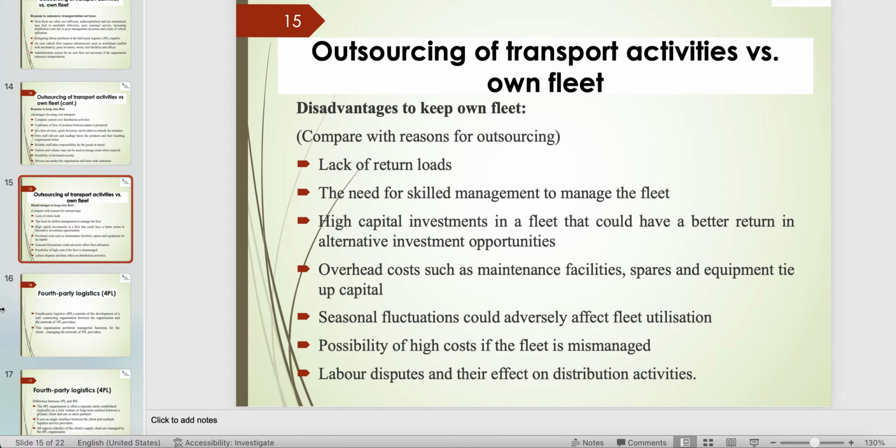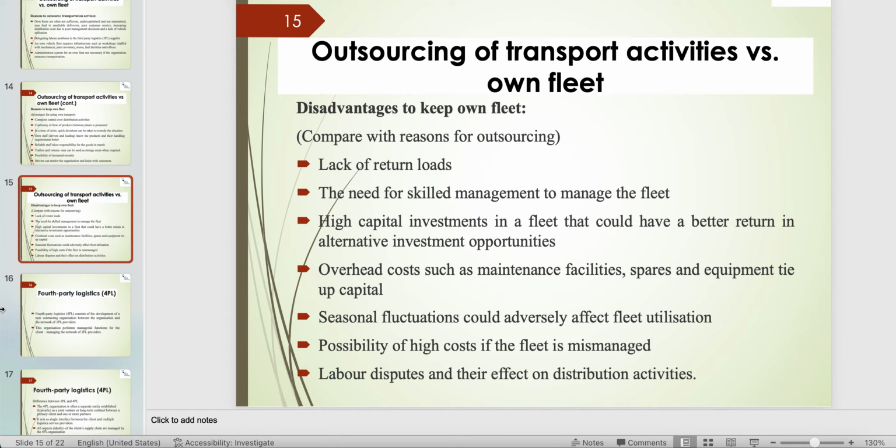But disadvantages, again, you need skilled people, people who are expert in logistics or in driving, and it needs capital investment to buy your vehicles and to pay salaries to these people. It almost adds to the overhead costs, where you have to keep the factors of maintenance, equipment, spares, repairs, all of that in mind as additional cost.